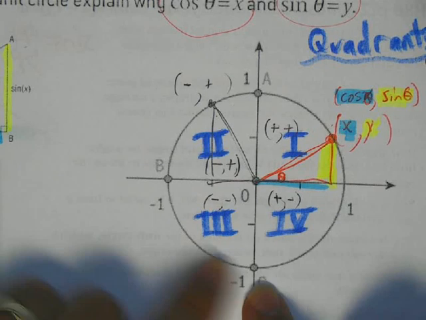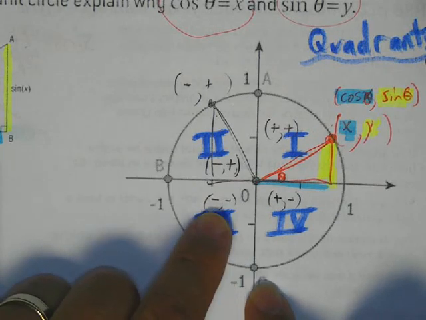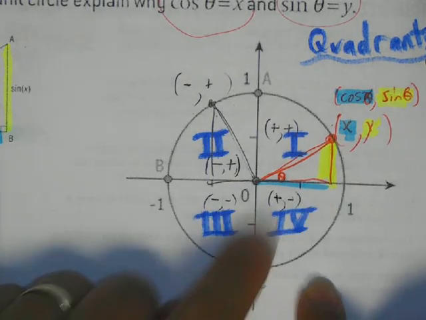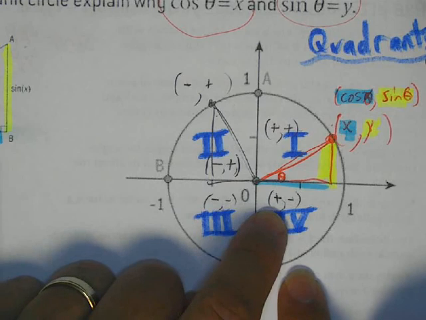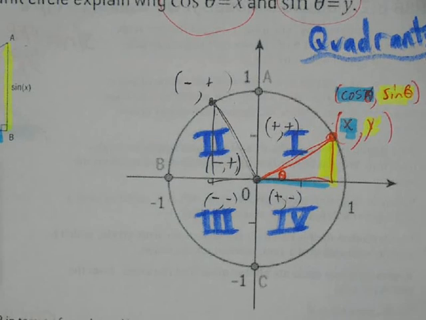In quadrant 3, cosine and sine values will always be negative, and in quadrant 4, cosine values will be positive and sine values negative. Okay, and that'll come into play when we do some more problems. Okay, now